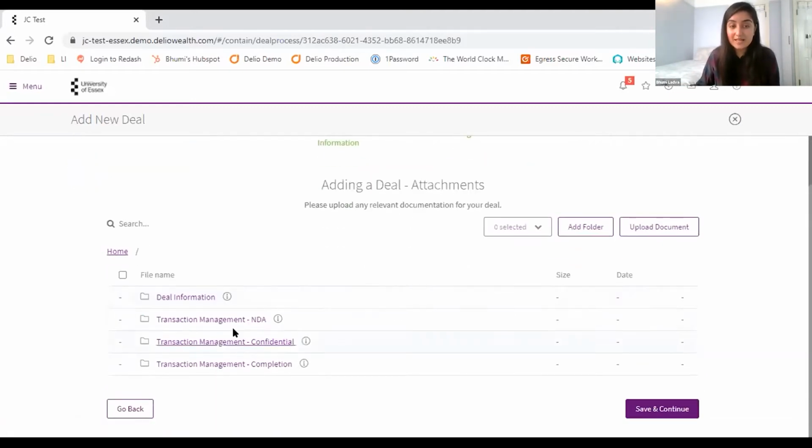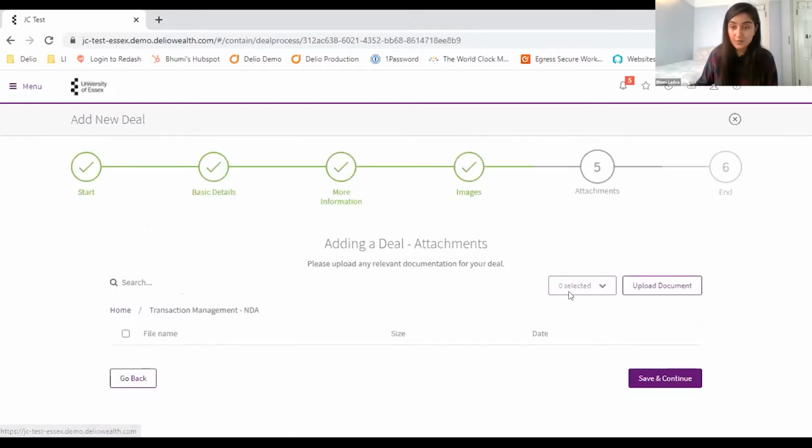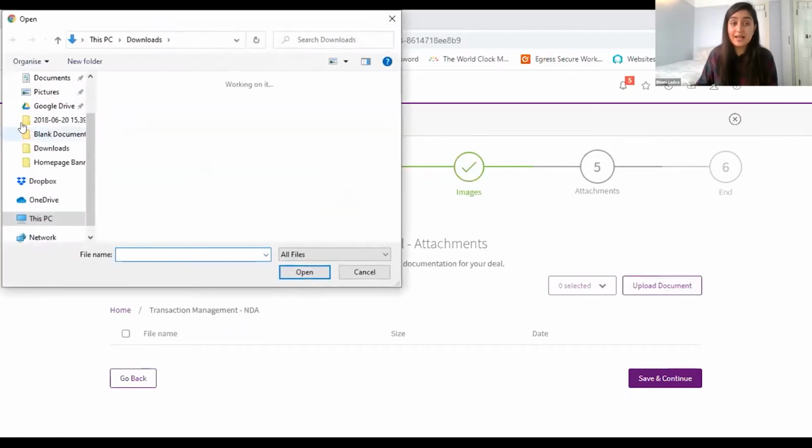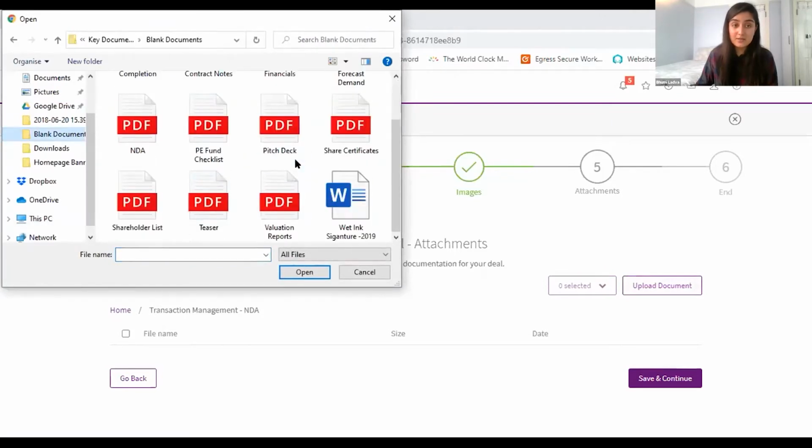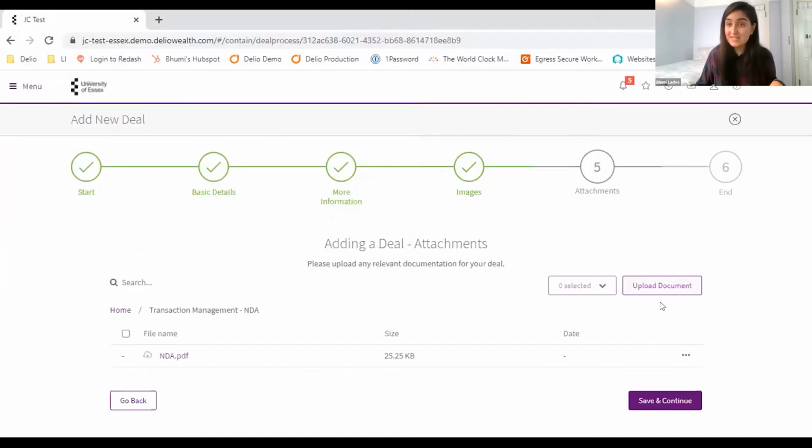I'm also going to go back. If there are any NDAs, these will also be presented to the investor as they click into your deal. But the difference here is if I do upload an NDA, which I'll do now, as the entrepreneur I can actually request them to electronically sign the NDA or wet ink signature it.